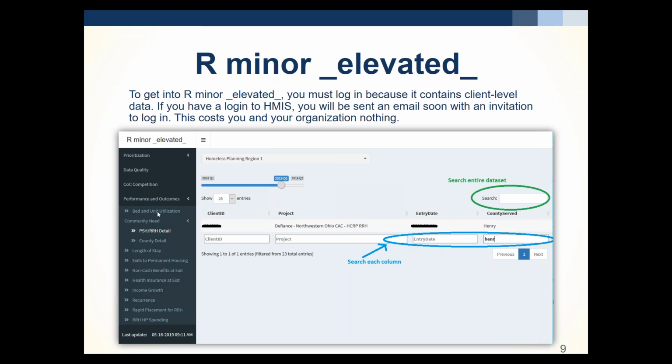if you clicked bed utilization, you would see a way to look at which clients were being included for that month's dot. Right, and then same for the community need portion of the QPR. You can see here that we have gone to the PSH/RRH details, so those would be the triangles. And we have it selected to region 1, and then